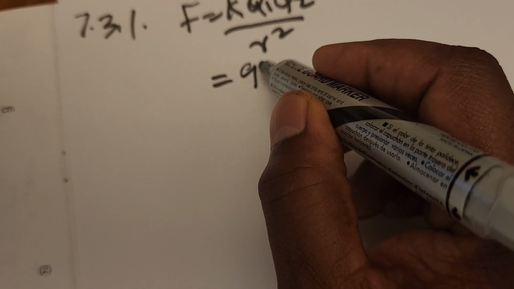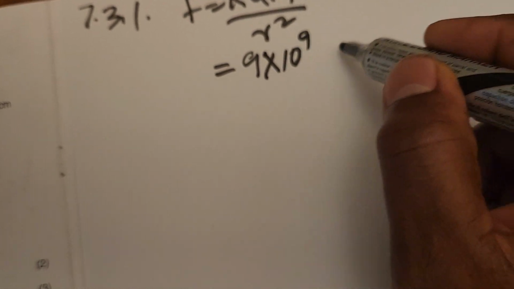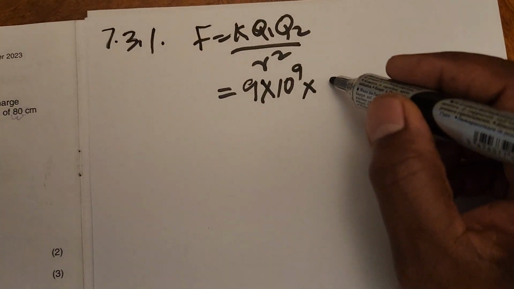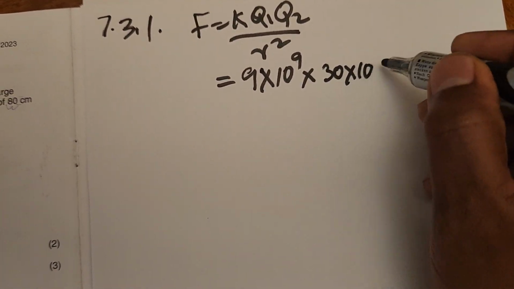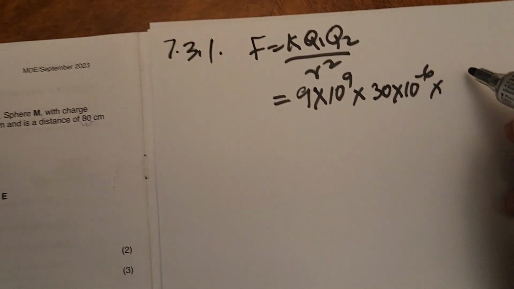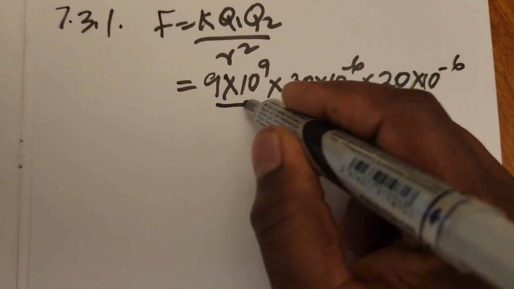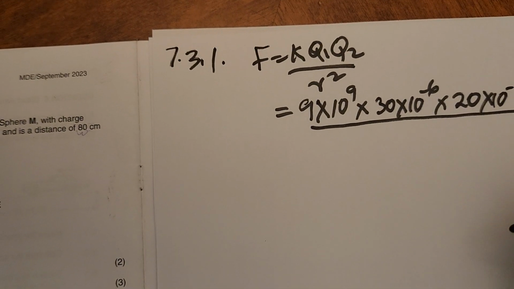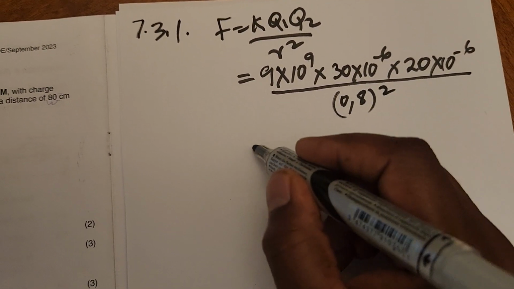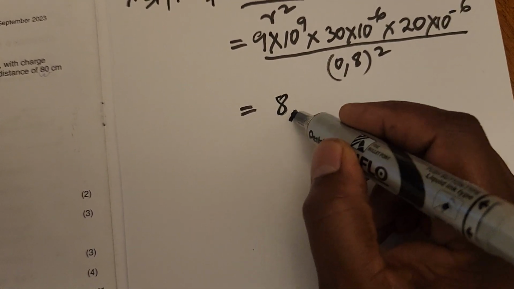It's 9 by 10 to exponent 9 multiplied by the charge on M, which is 30 by 10 to exponent minus 6, that is 30 microcoulomb, and the one on M is 20 by 10 to exponent minus 6, all divided by the r, which will be 0.8 squared. Then if you use your calculator, in this case, you will find that the force is